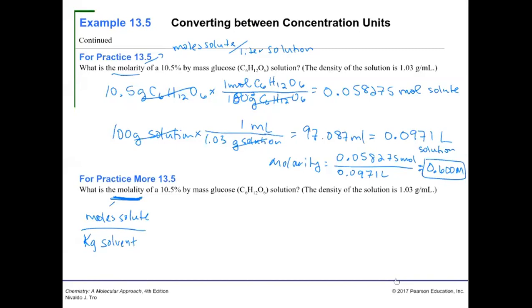It does not specify that it is aqueous, so you can assume that it is aqueous unless it says otherwise, though it doesn't actually matter right now whether or not it's water, because we can actually find this kilogram solvent because we know the mass of the solution